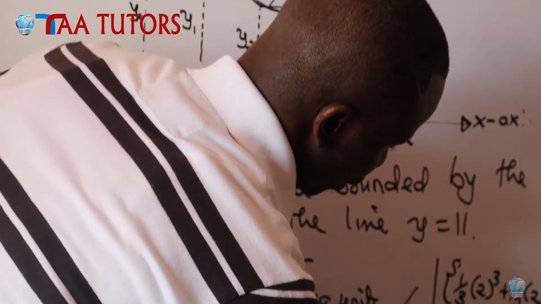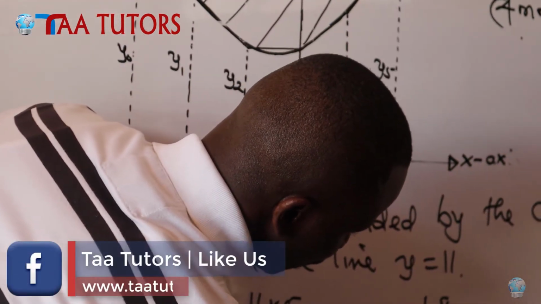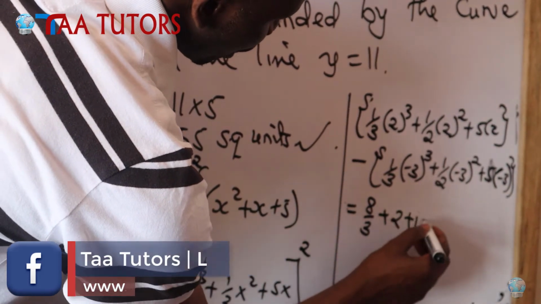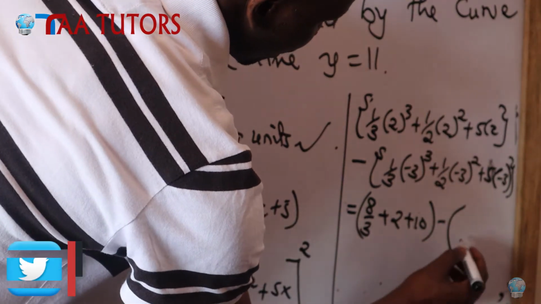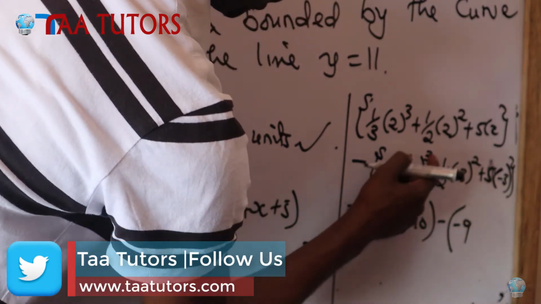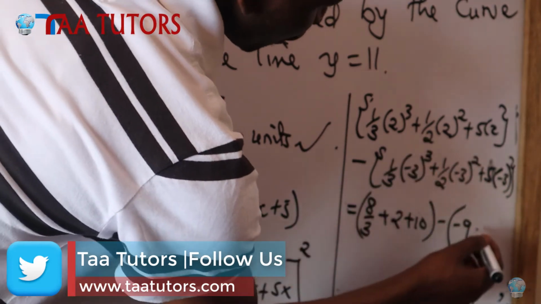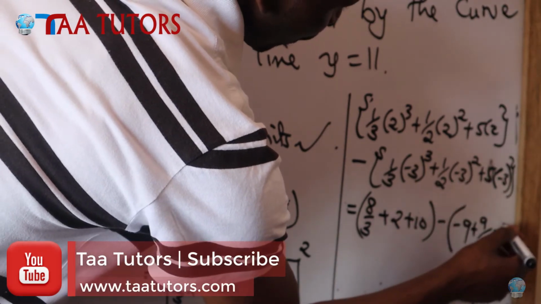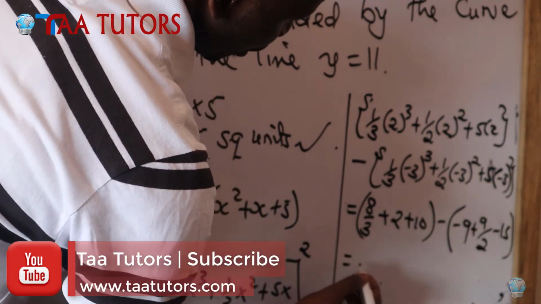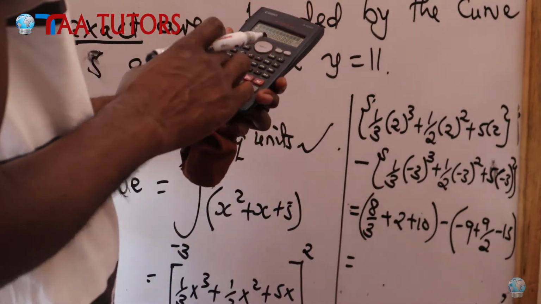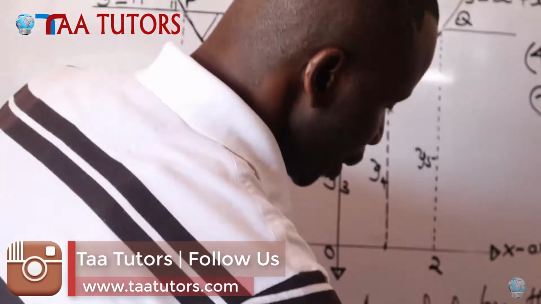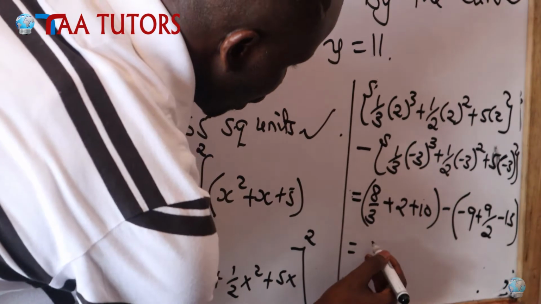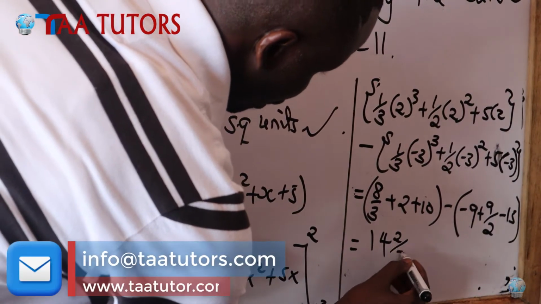Let me write it again here so that the space can be enough for me. This is 8 over 3 plus 2 plus 10, minus -9, you said -27 over 3, plus 9 over 2, minus 15, because 5 times -3 is -15. So here 8 over 3 plus 12, that is going to be 14 and 2/3, minus